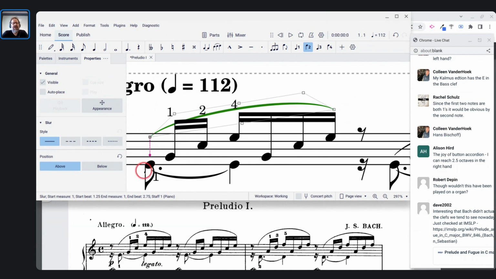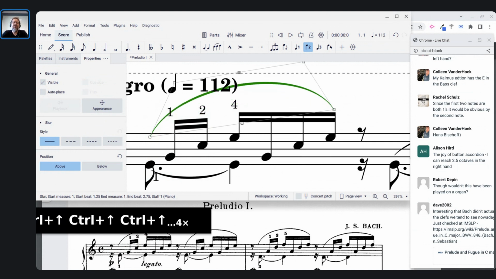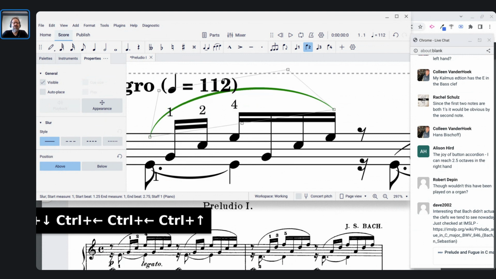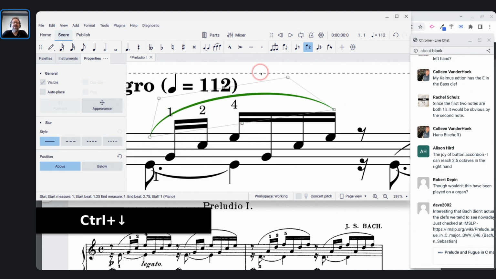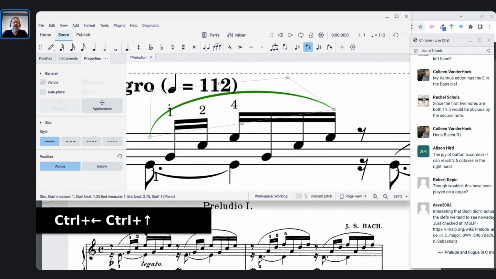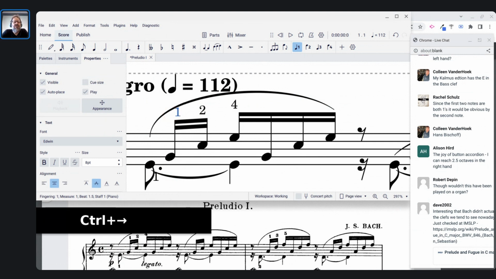I'll put it where he has it here, which is basically in the middle of that first space. Now, instead of moving the end handle there to curve just around the numbers, I'm going to move the top handle. If I just use up, it's going to be a little lopsided, so I'll also use left. I'm eyeballing this to try to get it. His 1 is closer in than my 1, so let's move that 1 in a bit